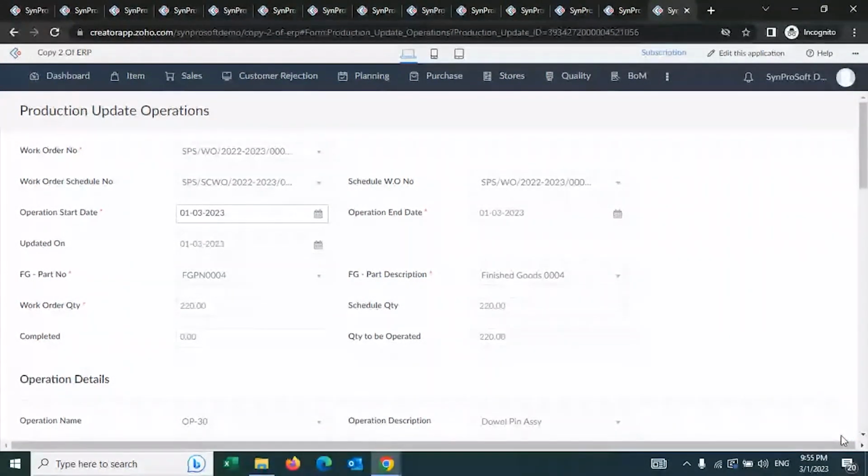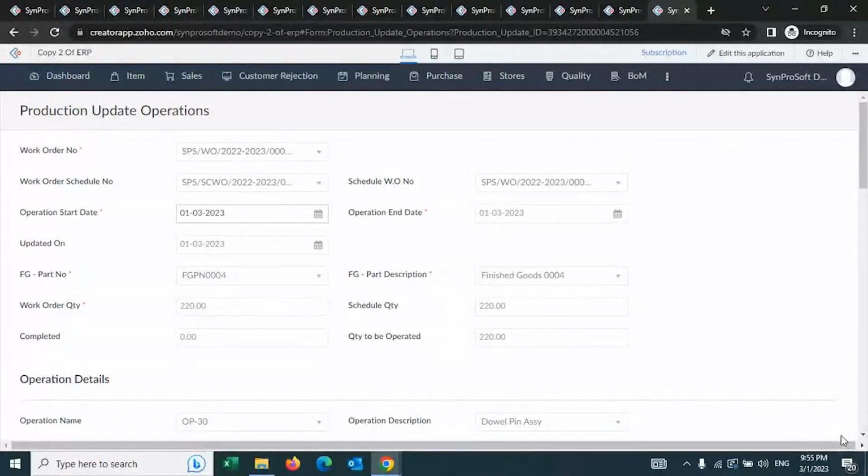Now, a few other features which we are currently working on, apart from what you saw, is integrating the asset module into ERP. There is an exhaustive asset module in which complete management of assets can be done, which we are also integrating with this, so that all the machines, all the components which come under the fixed assets can be configured there. You will be able to monitor the fixed assets there.